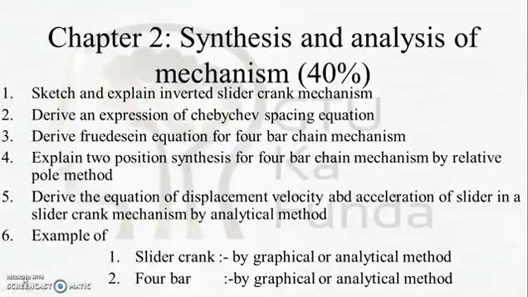The next is explain two position synthesis for 4-bar chain mechanism by relative pole method. Next is derive the equation of displacement, velocity and acceleration of the slider in the slider crank mechanism by analytical method. And from this chapter, there will always be an example on the slider crank mechanism and 4-bar mechanism by graphical and analytical method. Derive the equation for the displacement and velocity acceleration diagram. There will always be a question or example from this area that will consist of 7 to 10